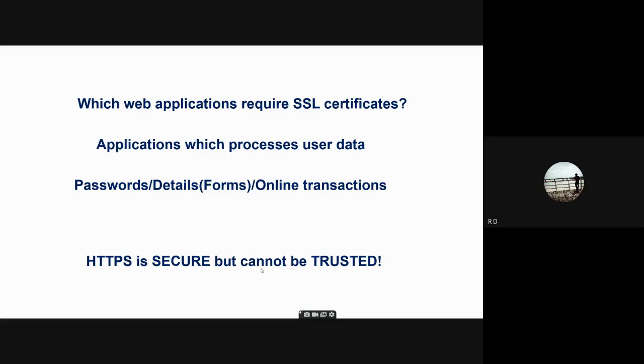Okay, so when you visit an HTTPS website, it means that the website is secure. Why? Because whatever data you send, it is going to encrypt the data before it goes from your browser to the server. Whatever you are sending is getting encrypted. So that is how it is secure, but it cannot be trusted. Why it cannot be trusted is something I'm going to explain